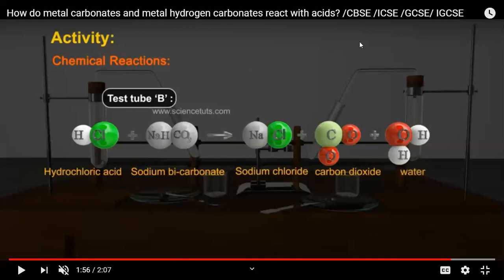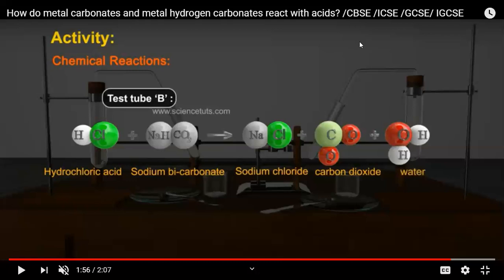Now the next thing I want to share with you is the reaction of acids and bases with litmus solution. As all of you know, acids will turn blue litmus to red, and red litmus will remain red always. Whereas in case of bases, the blue litmus will remain blue and the red litmus solution will turn blue.